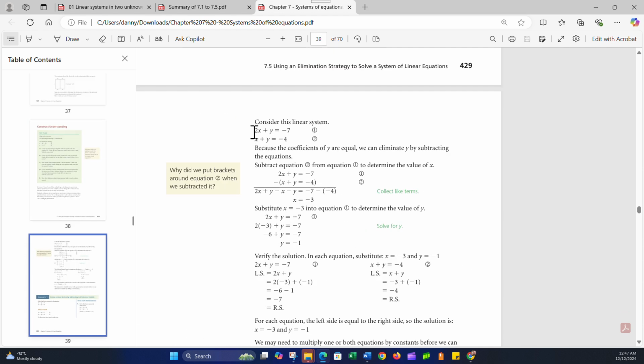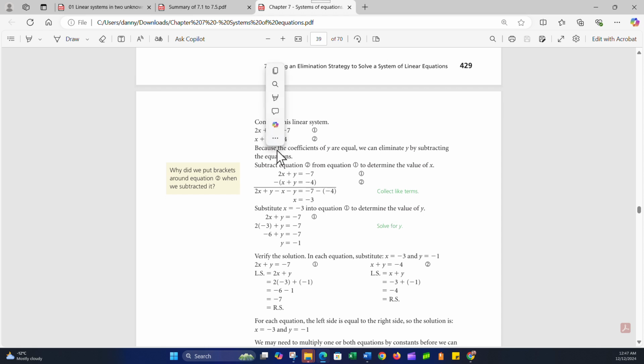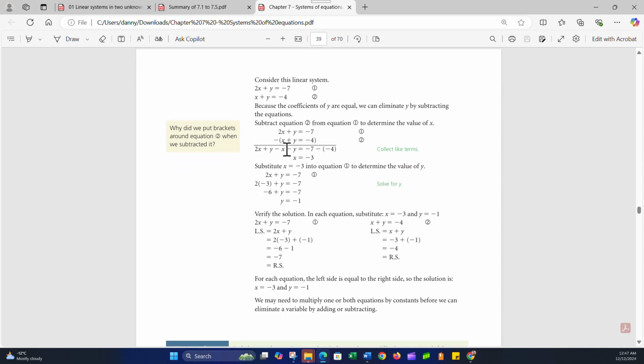So we lined up a couple things together. In this case, the y variables both have positive 1 as their coefficient, so positive y and positive y. So when we subtract those from each other, we ultimately get rid of the y. One big thing to remember when you're using the subtraction method, that subtraction sign needs to be distributed throughout everything in parentheses. So the negative has to go on the x, it has to go on the y, and it has to go on the negative 4, thus making the negative 4 a positive 4. That's something that sometimes